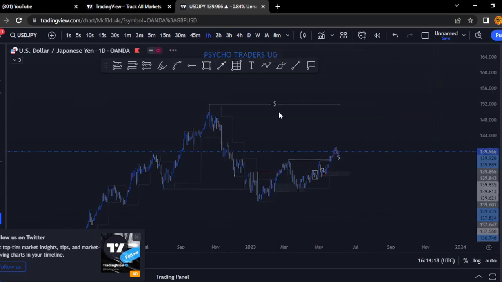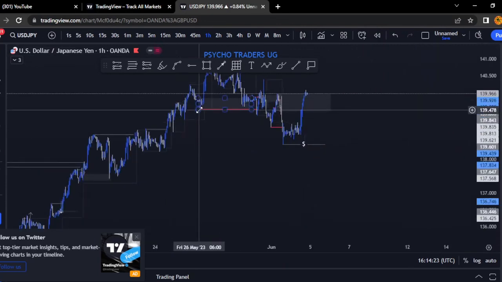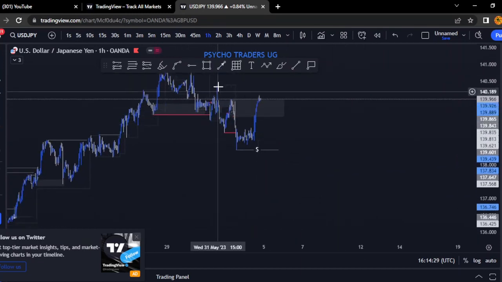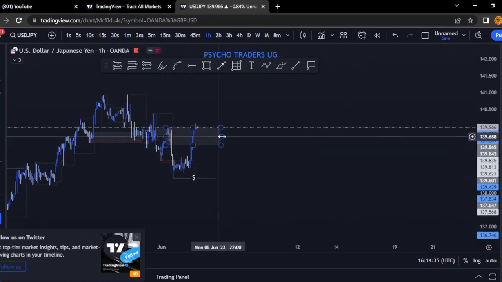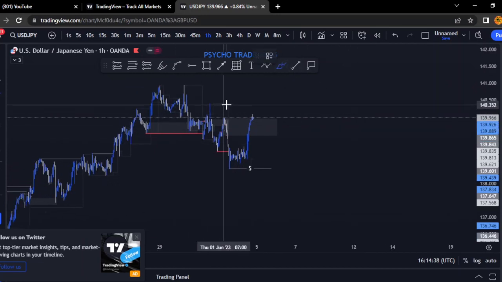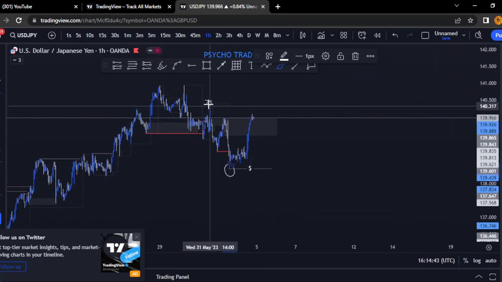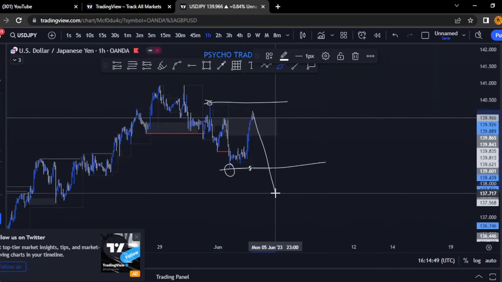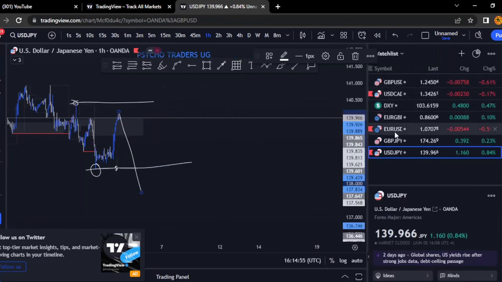If you look at the 1 hour, the 1 hour is generally bearish because it broke this structure right here, first structure, broke to the upside, gave us 1, 2, so we have 2 cycle blocks to the downside. So we have this range to work with according to the cycle block entry criteria. We have this high to this low right here. So within this range, it's where I'm expecting the sells to come from. So that's USD JPY. I don't want to make this top down analysis long, so let's continue